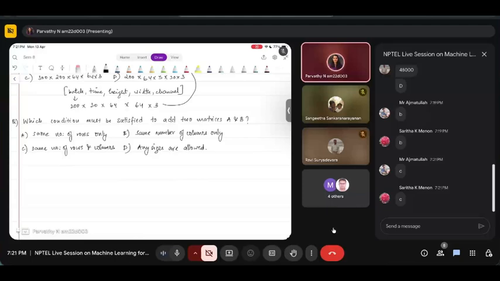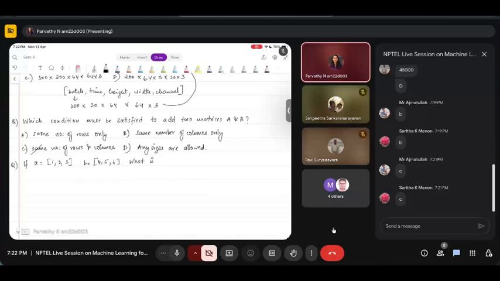Yeah, so to add two matrices, is it the same number of rows, same number of columns, same number of rows and columns? Any size is allowed. Should be same number of rows and columns. If A is equal to 1, 2, 3, B is equal to 4, 5, 6,